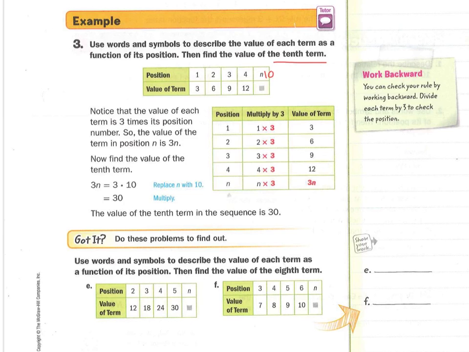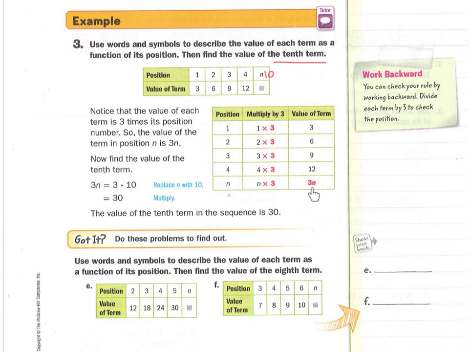So if your position is 1 and your value is 3, 2 and 6, 3 and 9, 4 and 12, and then if we had 10, what do you think that would be? Well, let's think about the rule, what's happening. The position is 1 and that's your input. You multiply by 3 to get 3. You multiply 2 by 3 to get 6, 3 by 3 to get 9, and 4 by 3 to get 12. So if you were doing n, like you don't know what n is, you would say n times 3,